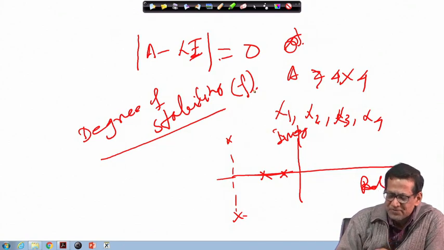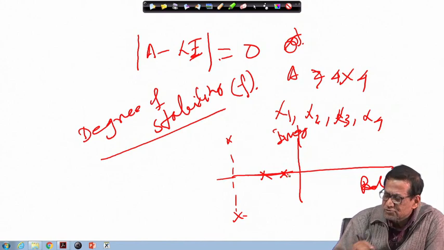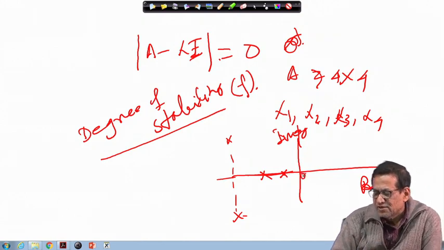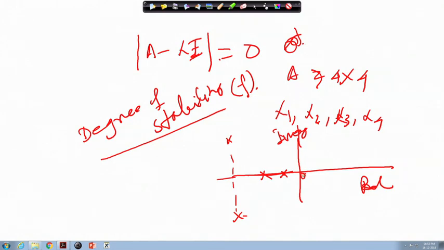First, rho should relate to the eigenvalues which are very close to the origin. That is the most sensitive for your instability, right? Because if it moves to the right half of the S plane, then your system will become unstable. So eigenvalues which are very close to the origin are our interest, because that eigenvalue is more sensitive to the stable operation of the system. Other eigenvalues away from that are not our consideration.